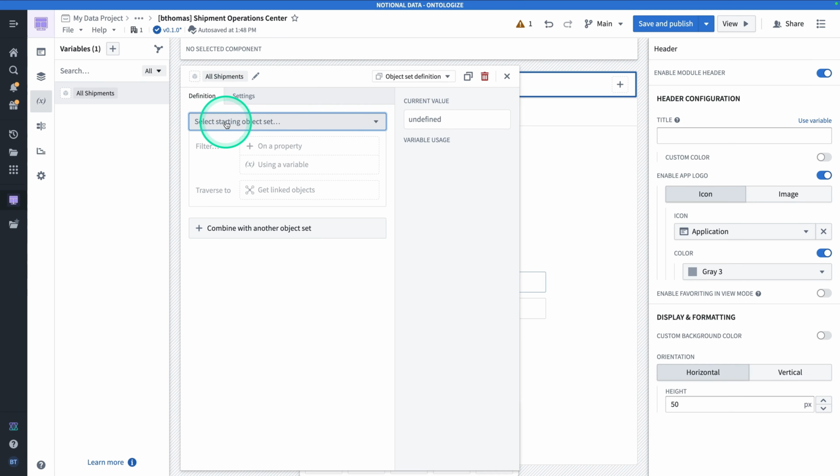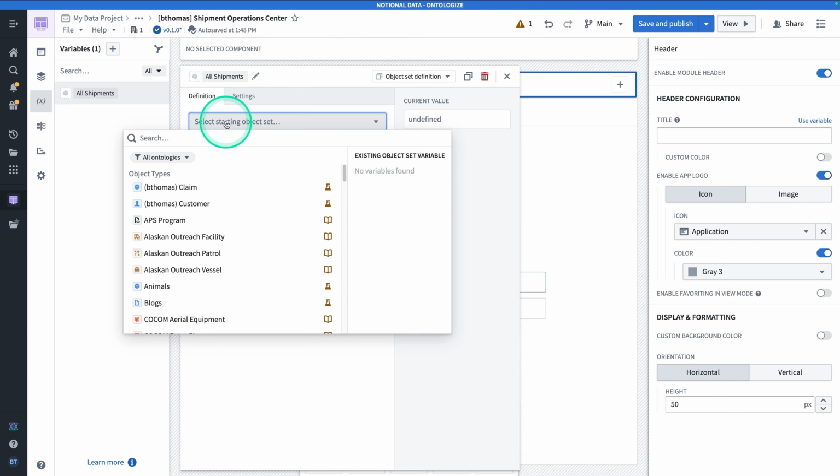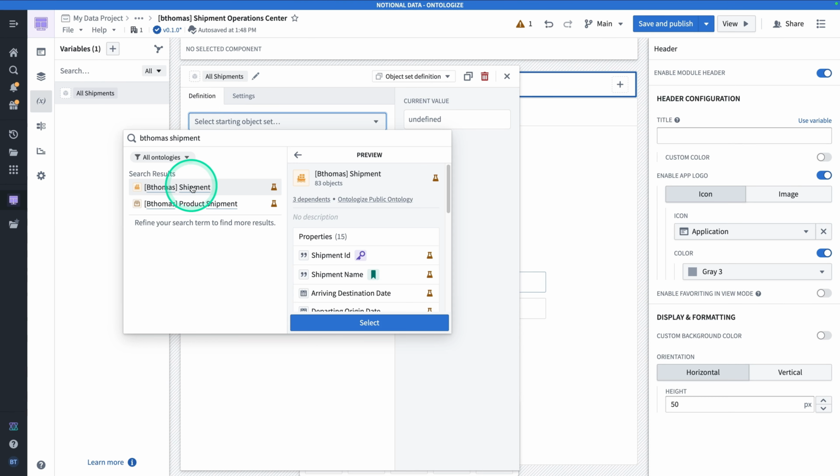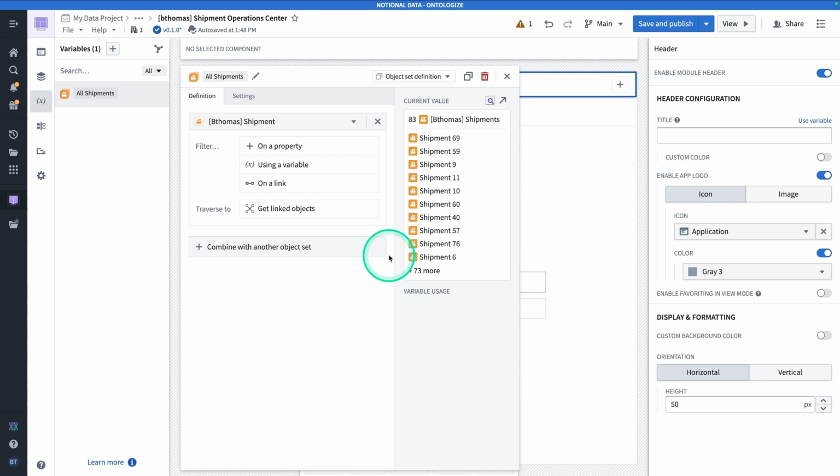And we're going to go locate now your shipments object type that you installed via Marketplace. Click the drop down, search for your object by typing your name, and shipments, or shipment in the singular. Not product shipment, we want actual shipments. Click it. What you want to look for here is to make sure that it's the right one. It should have this icon, 83 objects. Let's click the select button. And now we have a variable that stores 83 shipments. They're all numbered and have the word shipment in front of them. We can click the X in the upper right corner, and now we're ready to use this variable in a